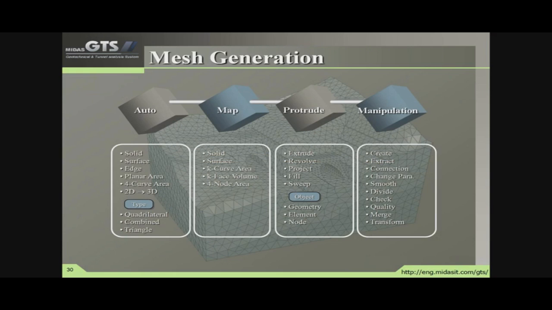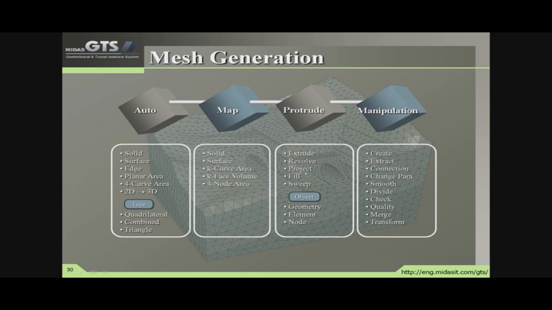Now let's talk about the different options for mesh generation in Midas GTS. So as you can see here, in Midas GTS you can perform the auto meshing. So you can create a solid and Midas GTS will auto mesh the solid for you. You can also create map mesh, which is a structured mesh, and then you can do certain manipulations in the mesh structure.